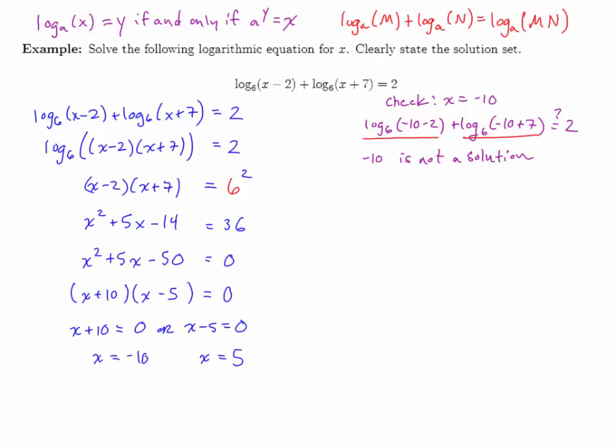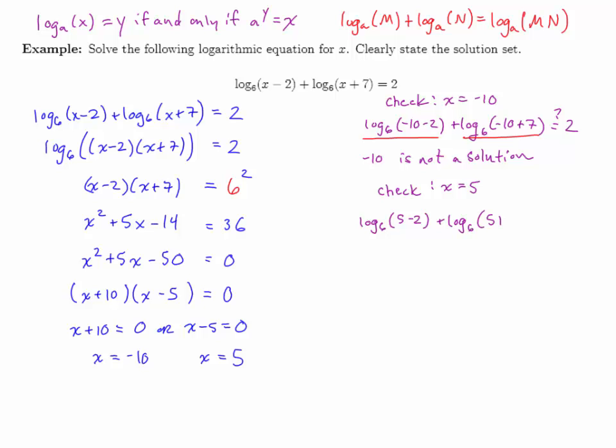So negative 10 is not a solution. It can be tempting to want to apply the properties of logarithms to this to continue checking, but we can't apply any algebra properties because we have expressions that are undefined. So none of those algebra properties would apply. So negative 10 is simply not a solution here. If we want to continue checking that second proposed solution of 5, we'll plug that in, log base 6, and we'll have 5 minus 2 inside there, and plus log base 6